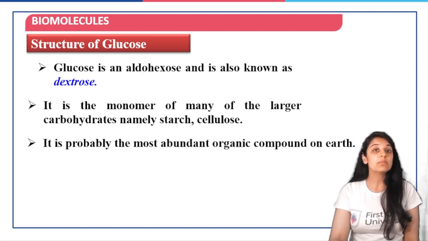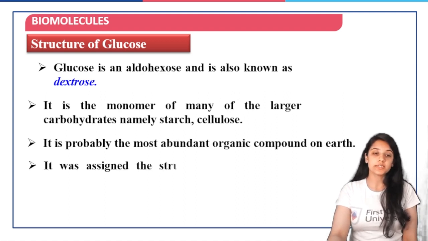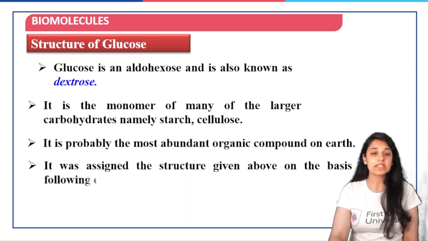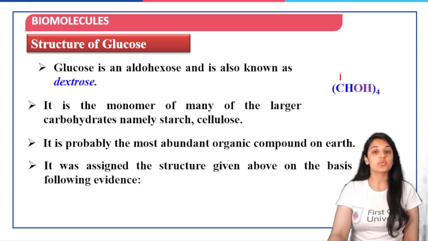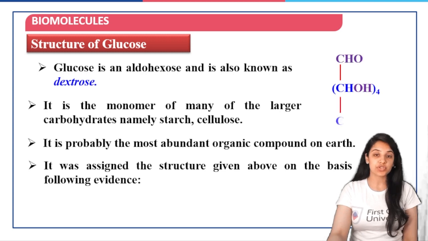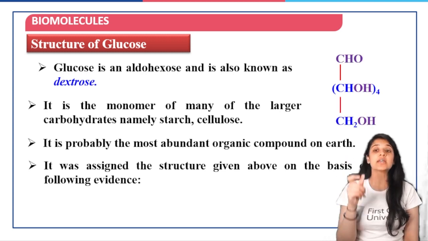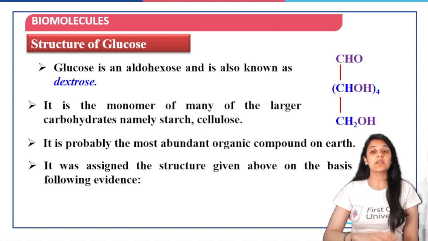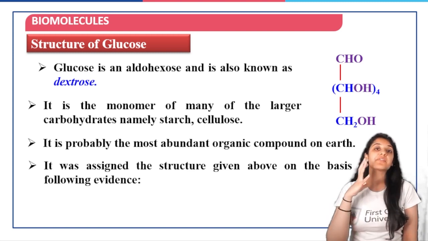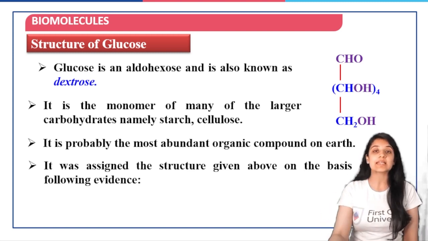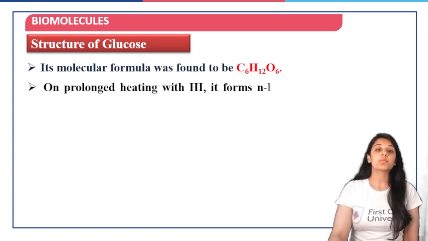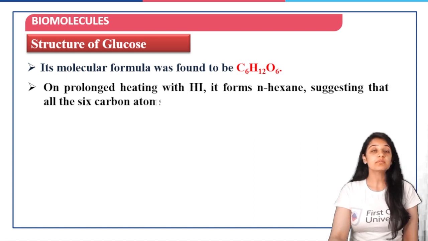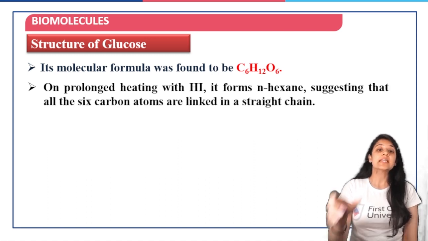And it is probably the most abundant organic compound on earth. It was assigned the structure given on the basis of the following evidence. So it was assigned a particular structure which is like this, and this structure was actually assigned based on a lot of evidence found by performing various experiments in the lab. Its molecular formula was found to be C6H12O6, and on prolonged heating with HI,